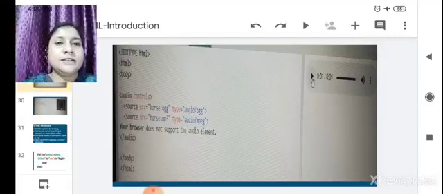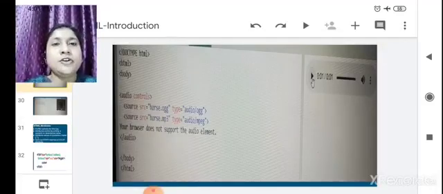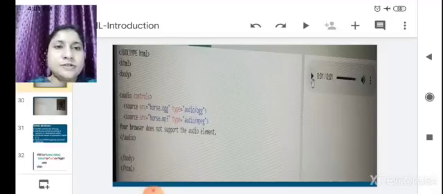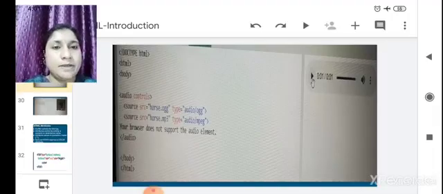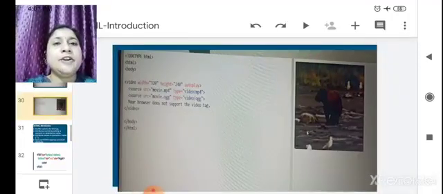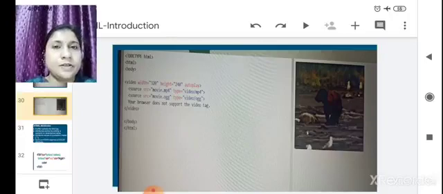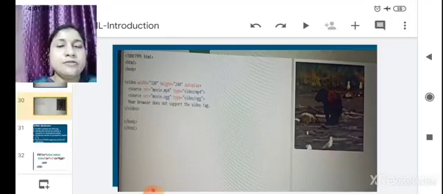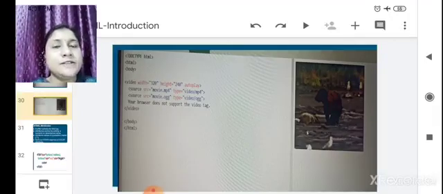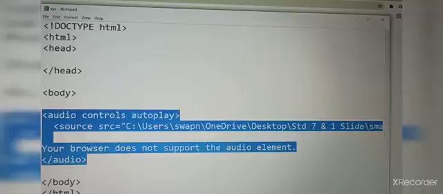Here you have to write the audio tag, and by adding the source you can embed audio in your web pages, and by adding the video tag you can embed video in your web pages. We will now see how to add audio as well as video.